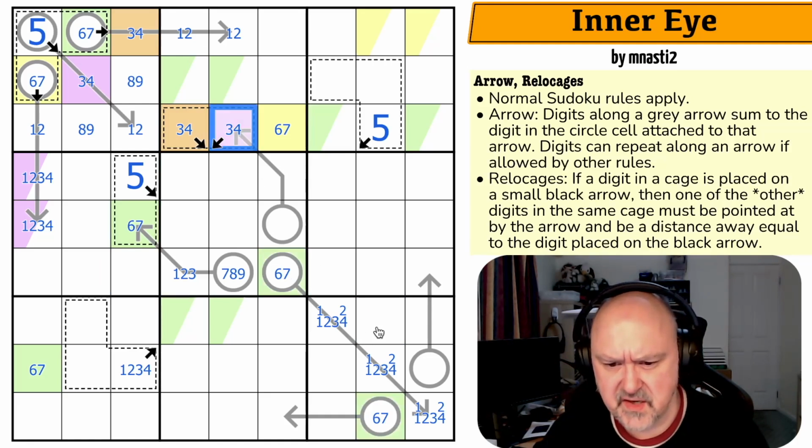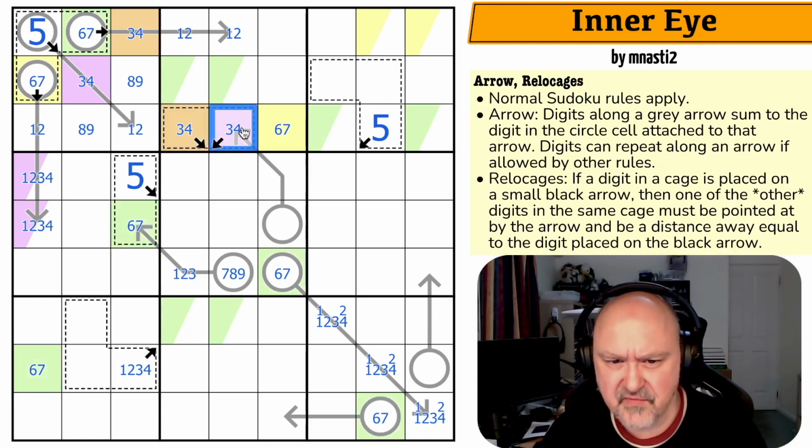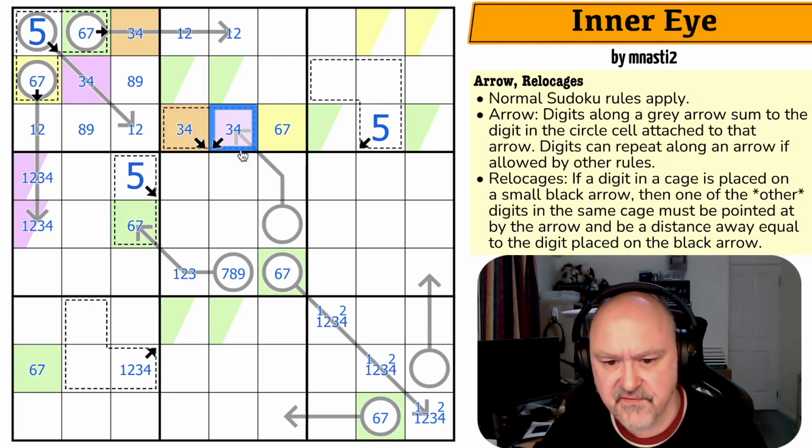If this is 3, 4, no, if this is 3, 3 goes there and these become 7. If this is 3, these are 7. Because that's a 4, which goes one. Oh no, hang on. If this is a 3, 4 goes there. If this is a 4, 3 goes there. If this is a 4, these are 7. This...